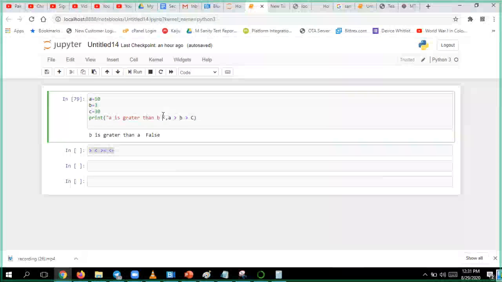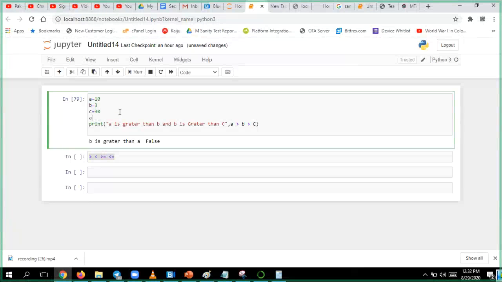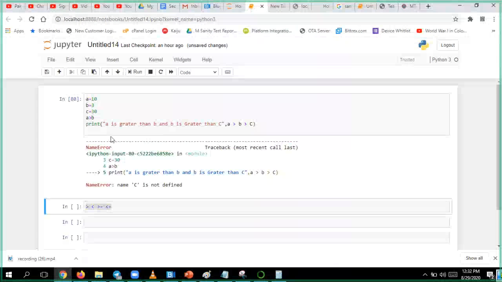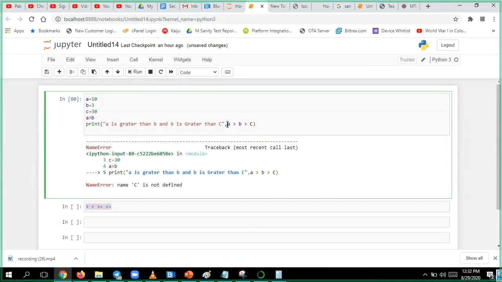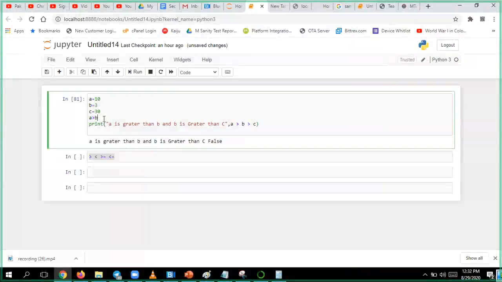And B is greater than C. Now, in this particular condition, if I have A greater than B, if I have only this much, where did it go? C cannot be capital right here. Okay. If you see this, print.